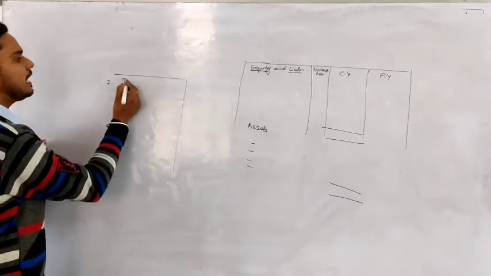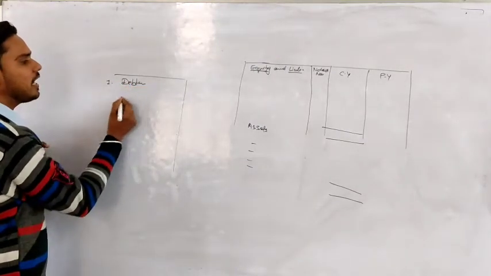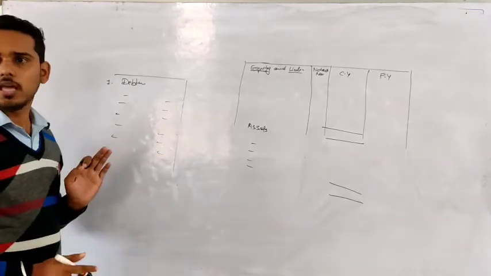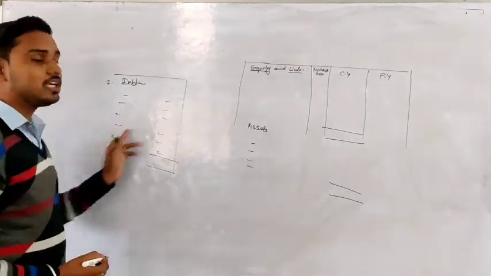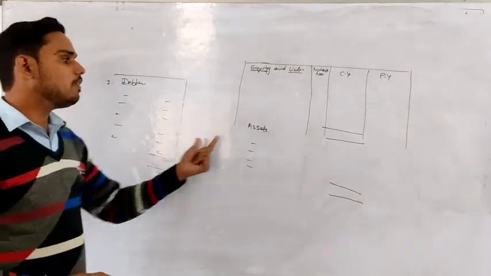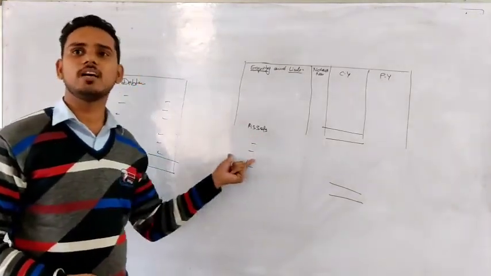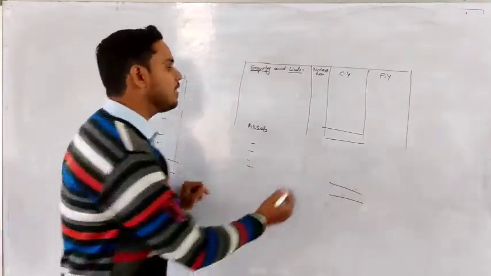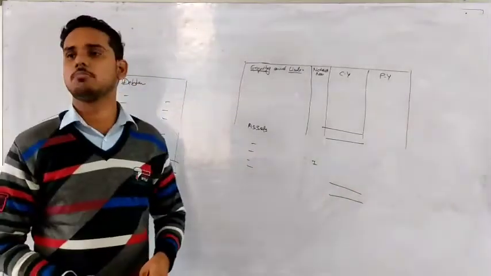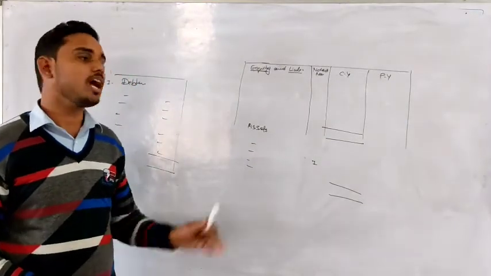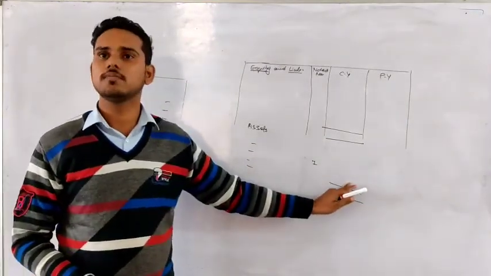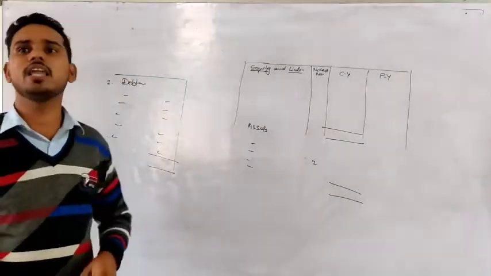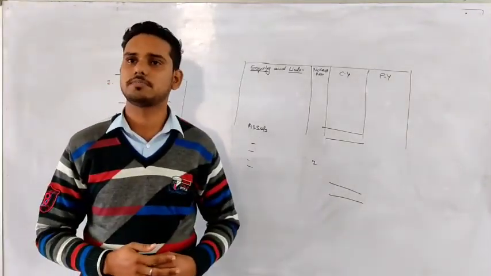and we have given a heading as debtor, and here we will write the name of all the debtors and their respective amounts. Then we will total that, what is the total debtors, and this total we will write on the asset side by writing the word debtors and the amount of debtors. And here we will write that note number, that reference number, so that if you want to know how we got this total debtors, you can refer to this note number 1. There you can see the name of all the debtors who are in our business.